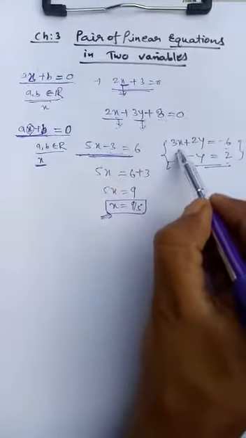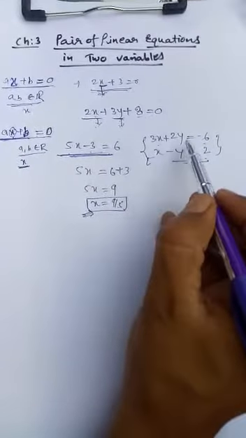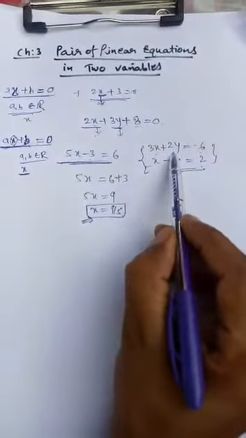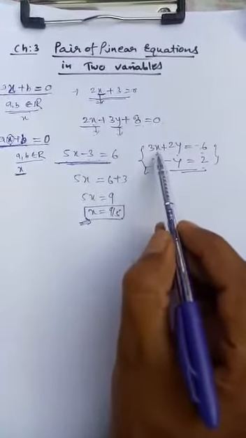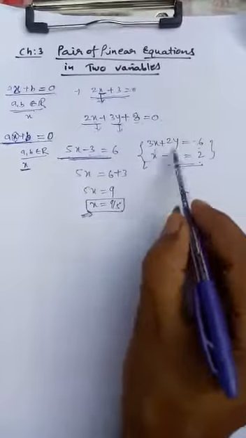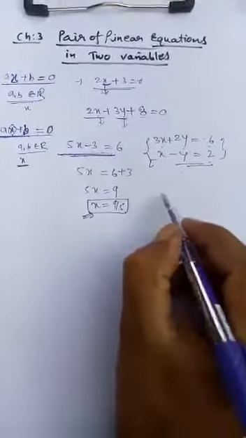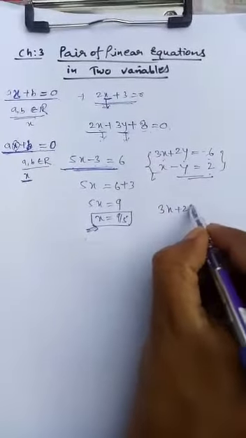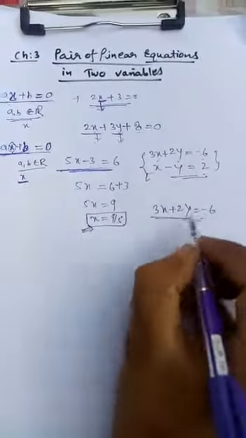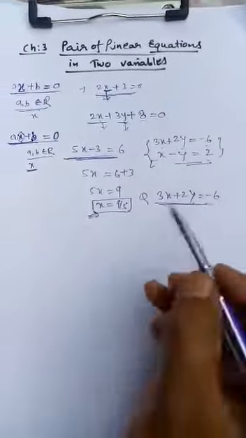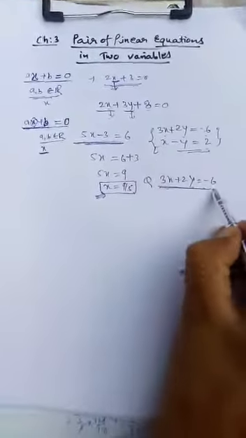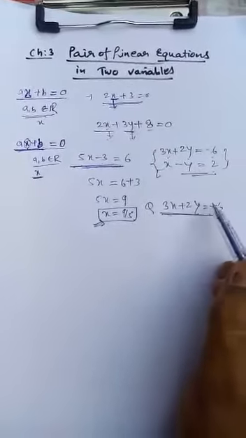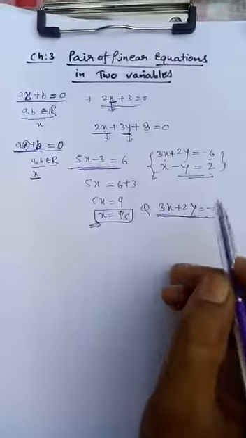Here we will get two solutions, one for x and a second for y, once we have a linear equation in two variables. Only one equation, so we can see, like 3x plus 2y equals minus 6. Suppose we have only one equation like this, how can we get the different solutions of this equation? And the graphical representation we will see in the next video.